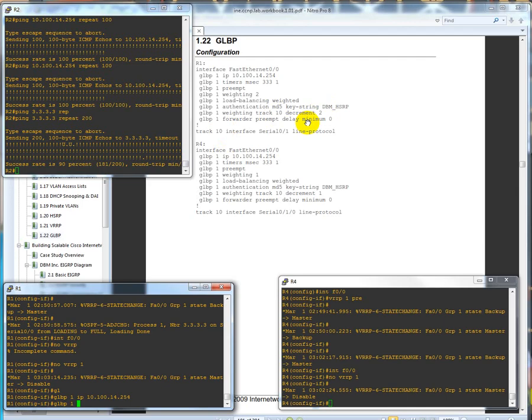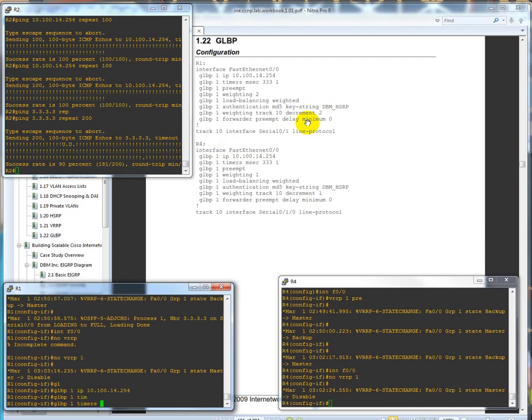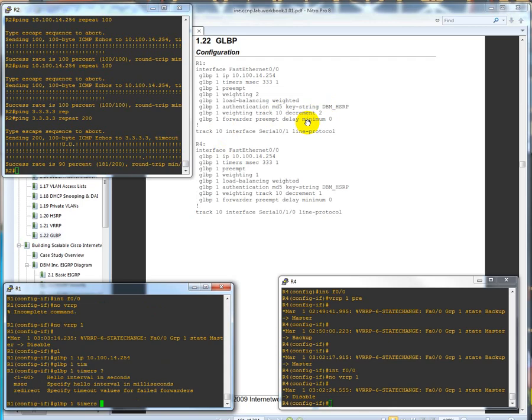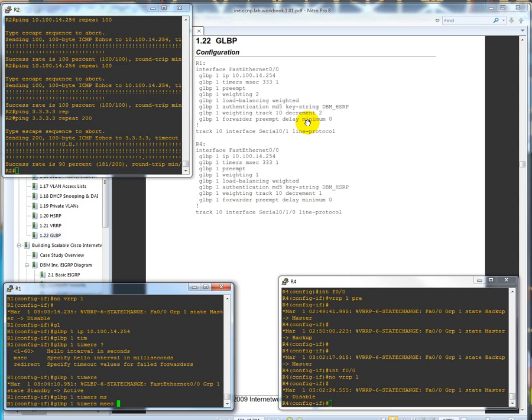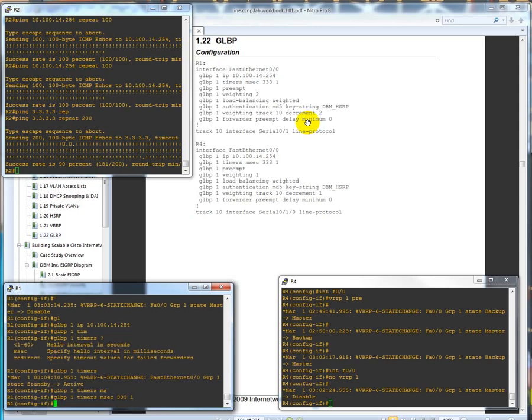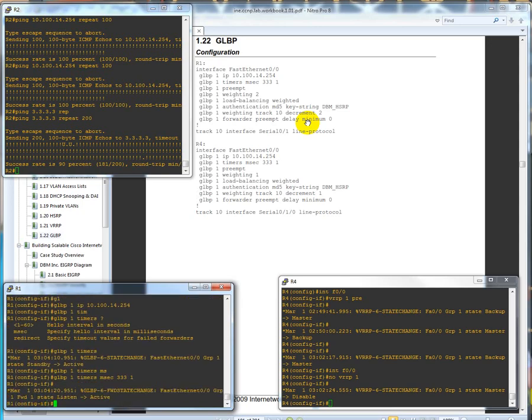So GLBP 1 timers. I don't remember what it does by default, to be honest with you. So we're going to do timers. It says millisecond 333 and 1. And then we're going to do